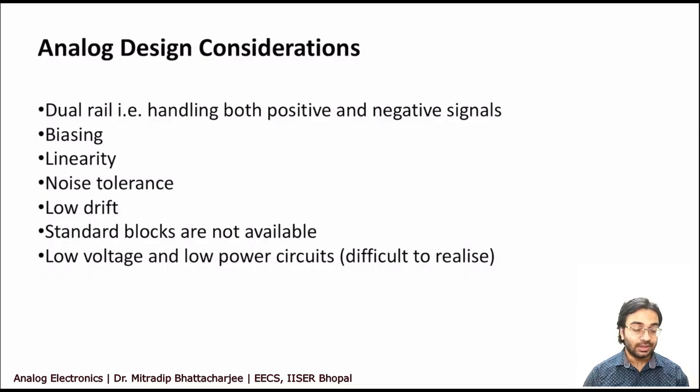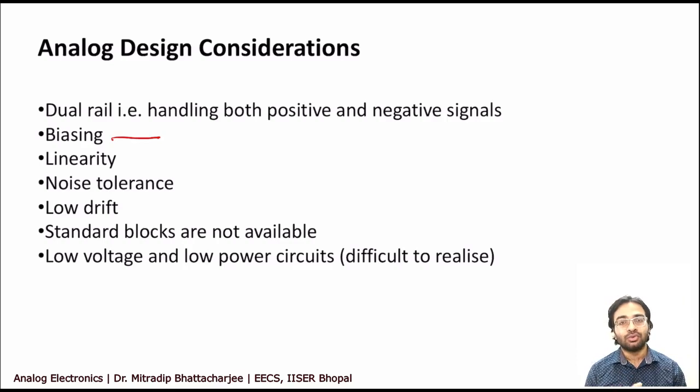I have already discussed the analog design considerations. One of the major considerations is dual rail. That means the voltage can go positive as well as negative. This is not the case for, say, digital design, but in analog you have to take care of this. One of the important things is the biasing, because biasing